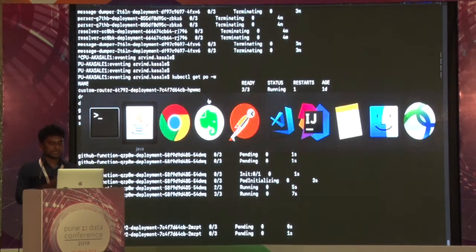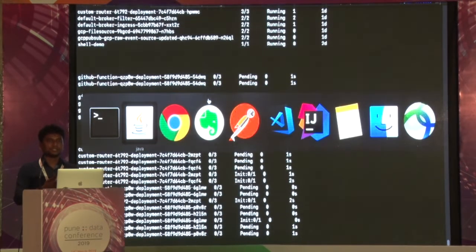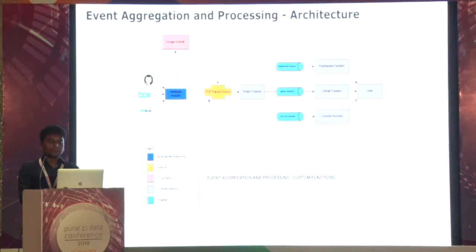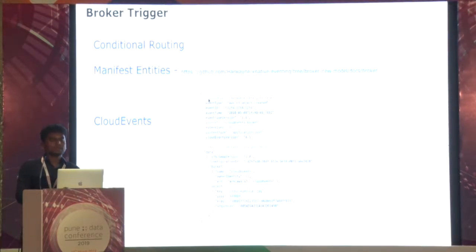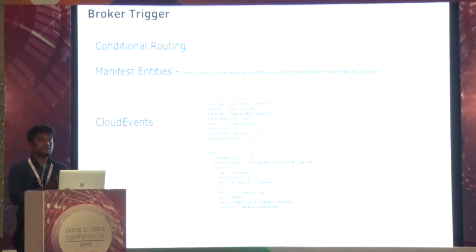Yeah, so it's actually instantiating the services that it basically needs. We'll get back to this a little later. So like I said, in order to solve the problem of routing to multiple channels, which is natively not available in Knative, we had to write a custom router function. But an upcoming feature called broker trigger kind of fixes this problem,